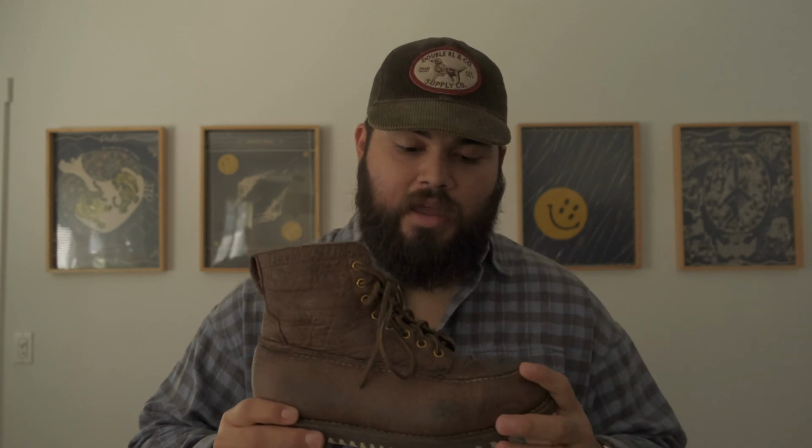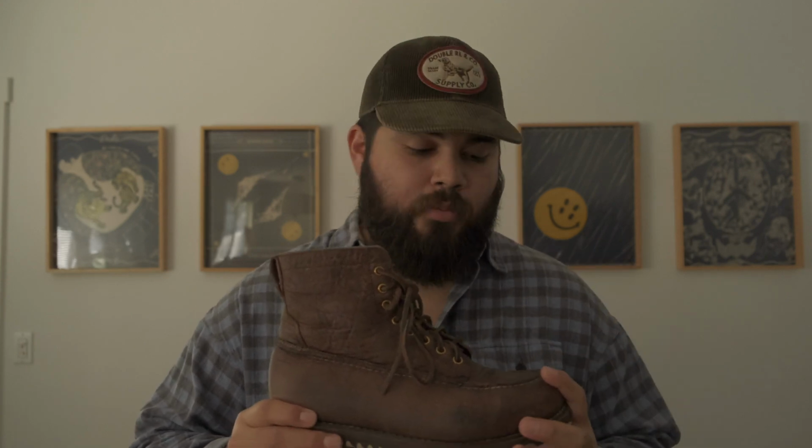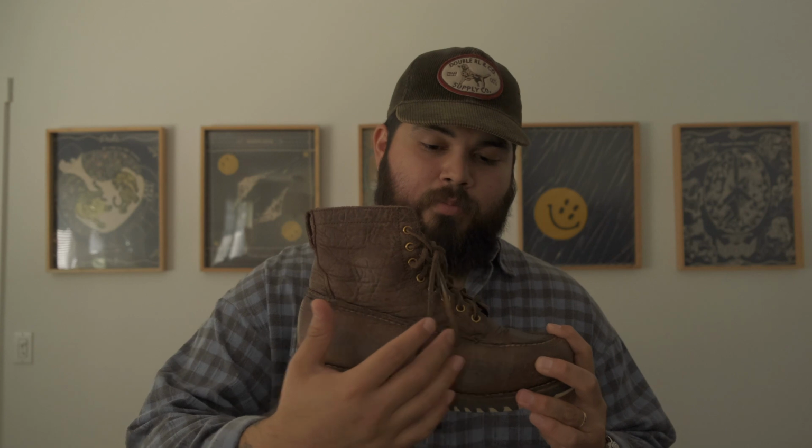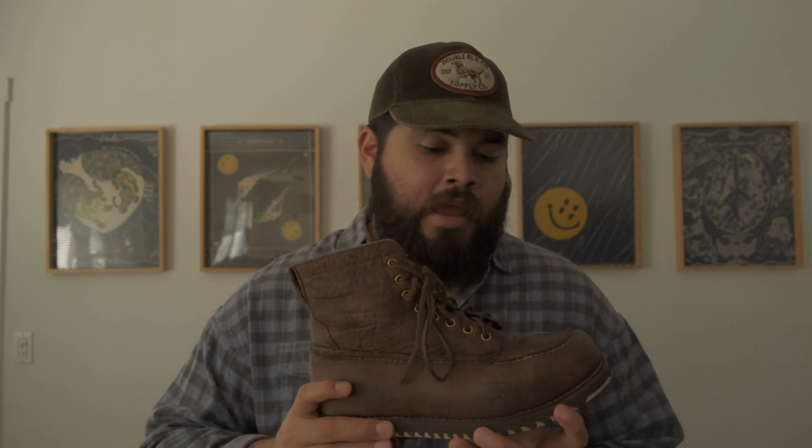The laces are a raw leather lace, and they're extremely thick, nice and supple, easy to wrap around the boot, which is how I personally wear them, and it just rolls, and the leather here just ages so gracefully. And honestly, this is the boot I enjoy wearing the most. I think it looks the best. It combines style with comfort and durability, and I think this is the pinnacle of what Visvim makes. So